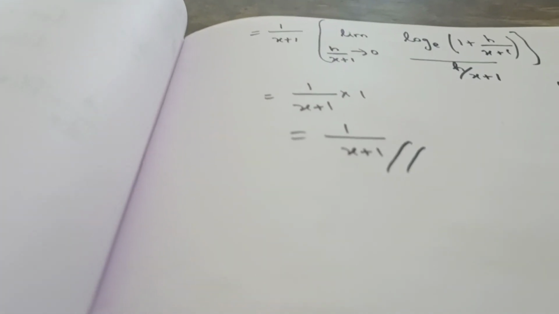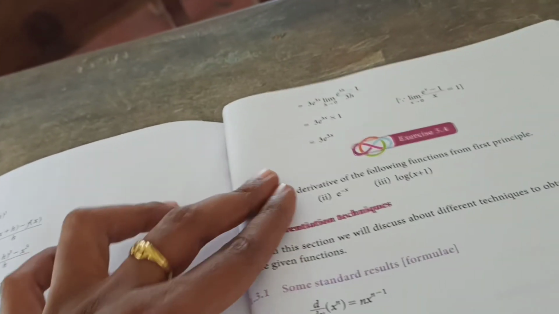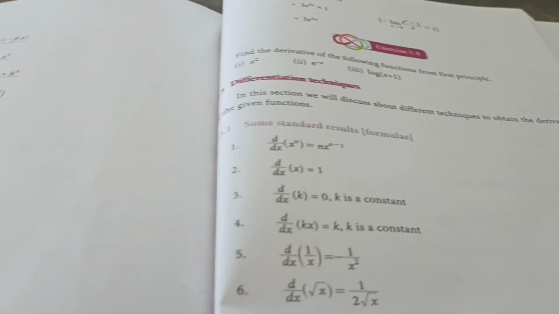Next section is 5.5. Take down your books. 5.5 section. So first you need to learn something today. I will start the problems in our next class. All these formulas will be very useful in 12th standard as well as higher studies. Please mark down all the formulas in your book and learn them very thoroughly. Without knowing these formulas, we can't do the problems.